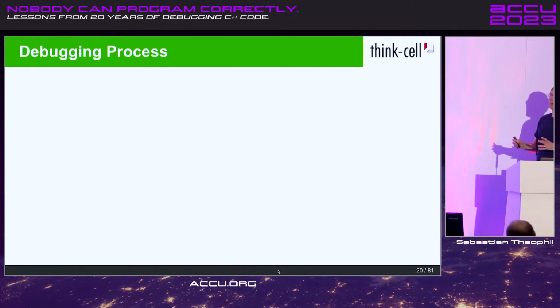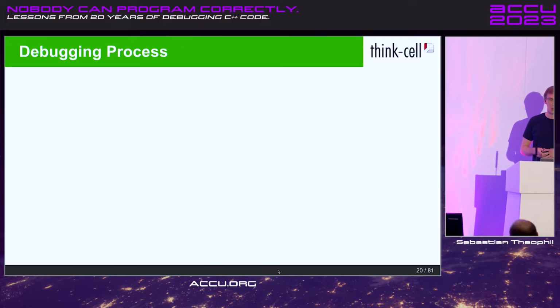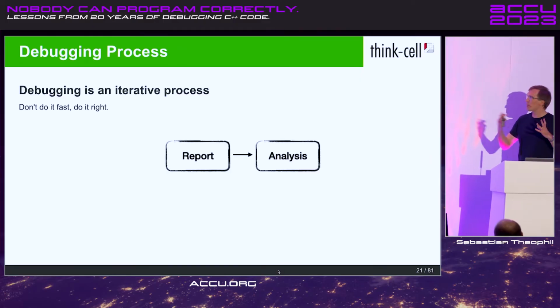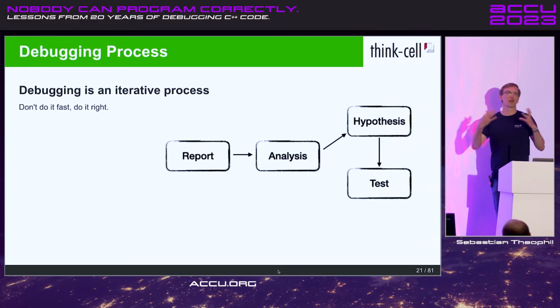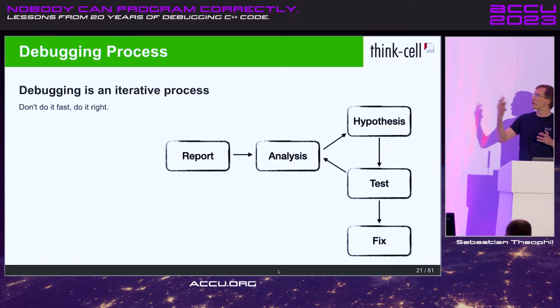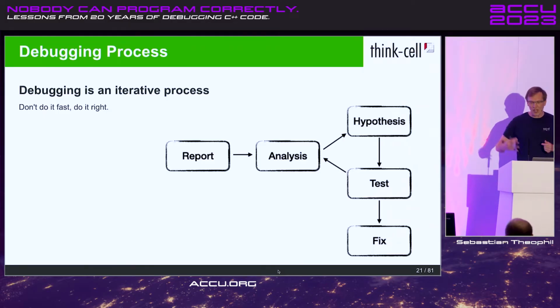Okay, but typically debugging doesn't work that way. Typically we don't solve debugging problems by just looking at them and thinking for a long time. Typically it takes a few more steps. So debugging becomes that iterative process where you get a bug report. You think about it for some time. Maybe you form some hypothesis on what the problem could be. You test that. You're wrong. You do that again until you find out what the real problem is and you can proceed to fixing it.